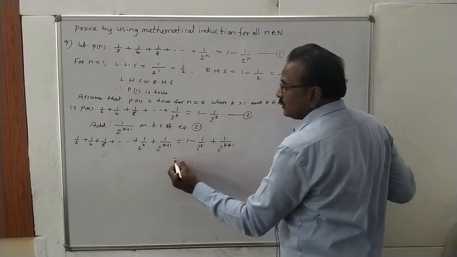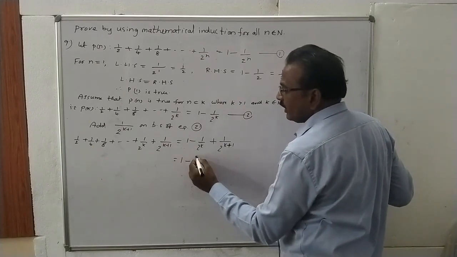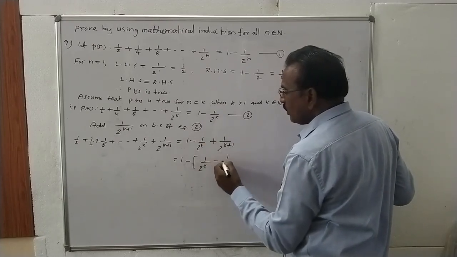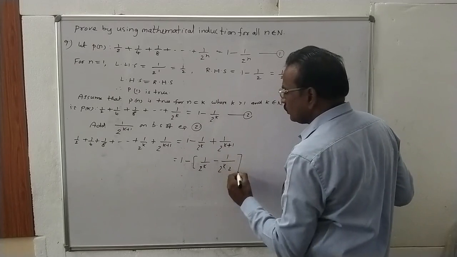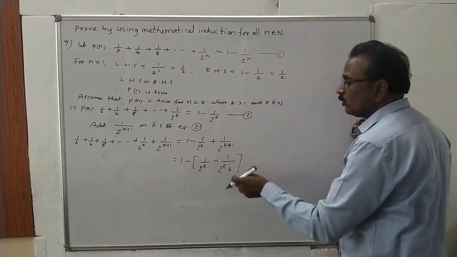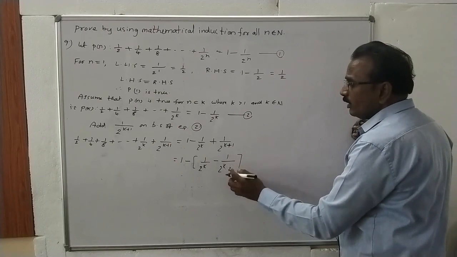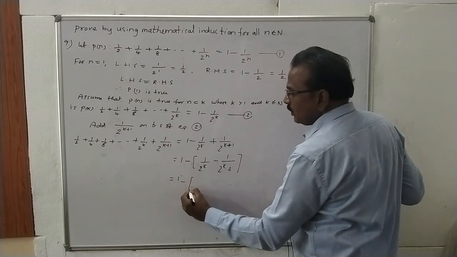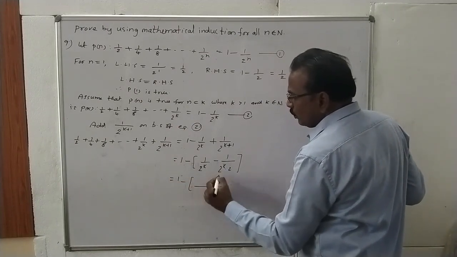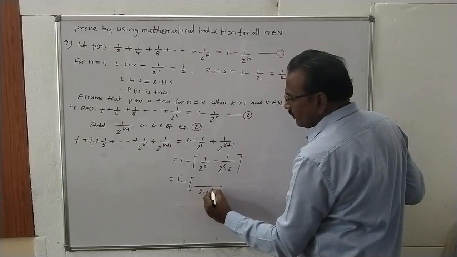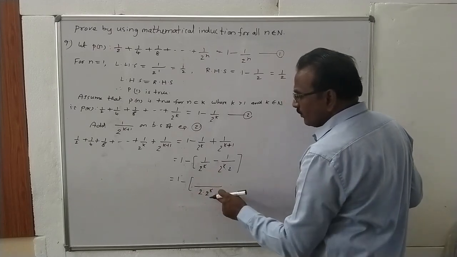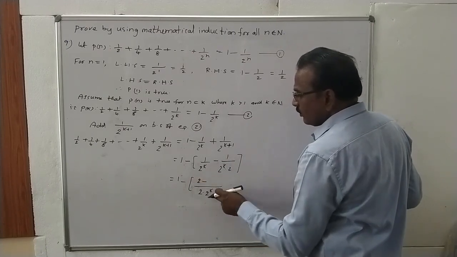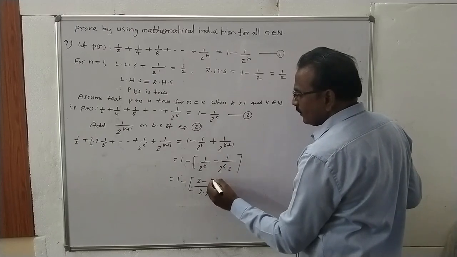So this can be written as 1 minus, taking minus outside, 1 by 2 to the power of k, here plus becomes minus, 1 by 2 to the power of k into 2. So 2 to the power of k plus 1 is equal to 2 to the power of k into 2 to the power of 1 by laws of exponents. 2 to the power of k into 2 to the power of 1 is equal to 2 to the power of k plus 1. So that is 1 minus, here LCM is what? 2 into 2 to the power of k is the LCM. 2 to the power of k, 2 to the power of k cancel. 2 into 1 is 2 minus 2 to the power of k, 2 to the power of k cancel, 2 cancel, so minus 1.